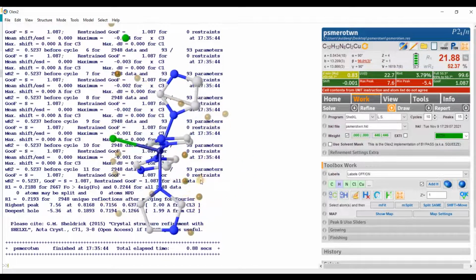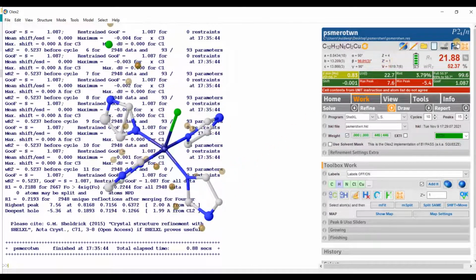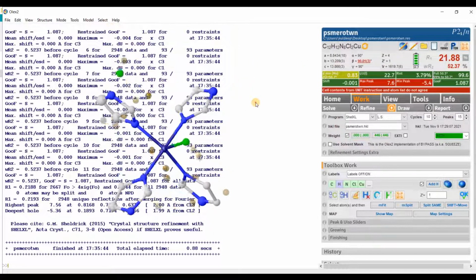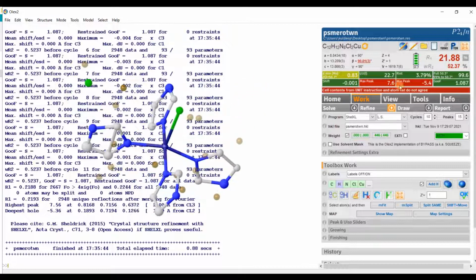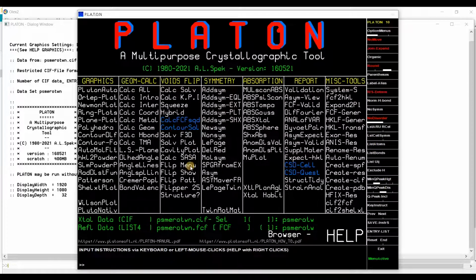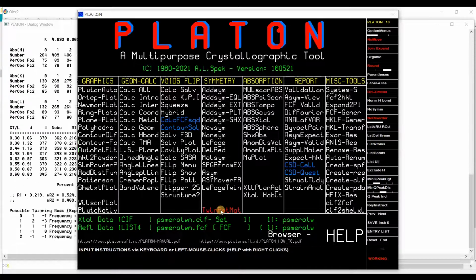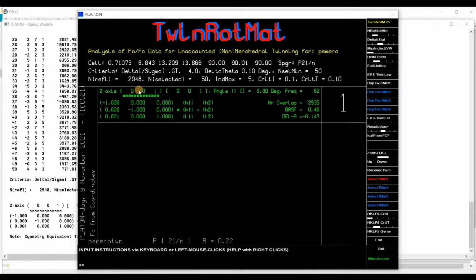For this, what I have to do, I have a tab Platon. I put the Platon in the OLX2 interface. You can run the Platon from the outside also, but I put it in the OLX2. So just press this button and you will see an interface. Here you will find an option twin rotation matrix. Press it and you will find a